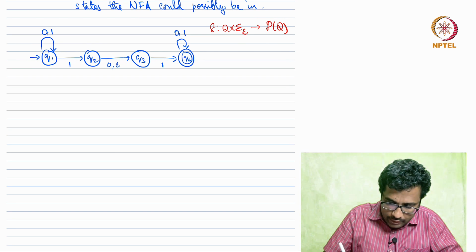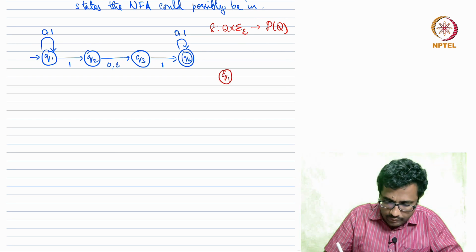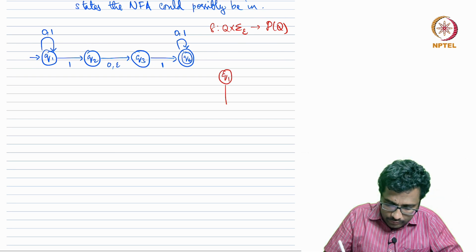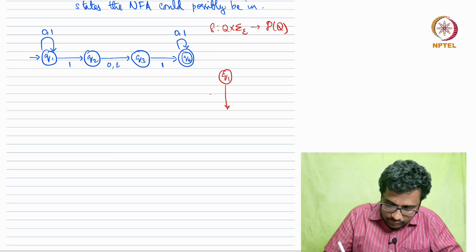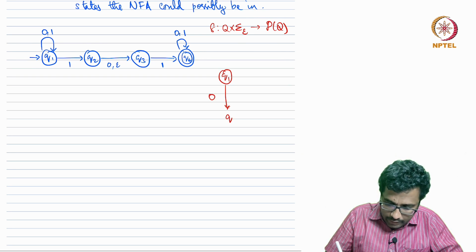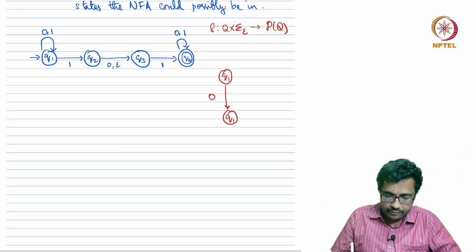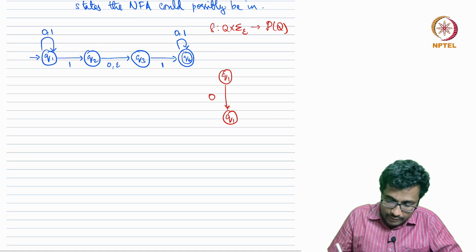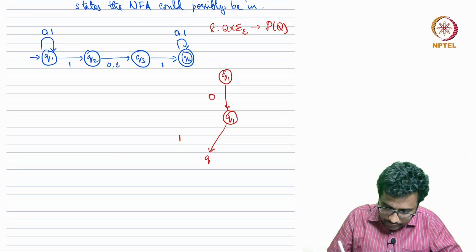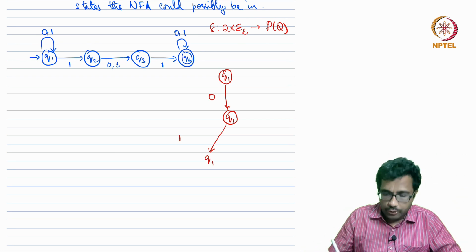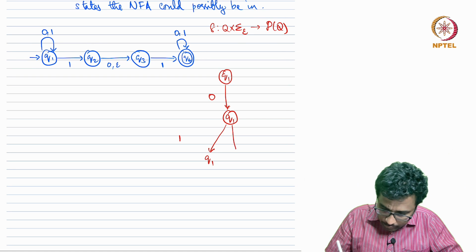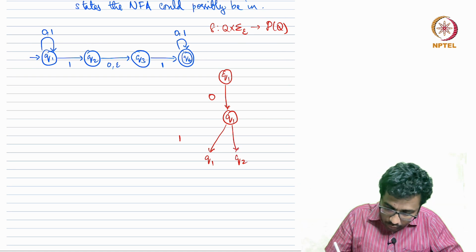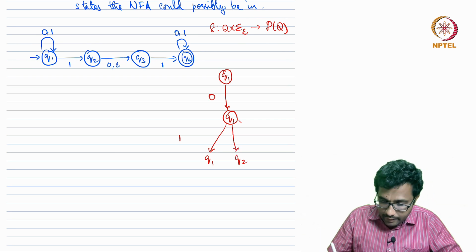So it starts with q1. When it sees 0, it can only remain in q1, right, there is no other option. When it sees 1, there are three possibilities, right. It can go to q1, it can take the self loop to q1, or it can go to q2, or it can go to q2 and then take the epsilon,